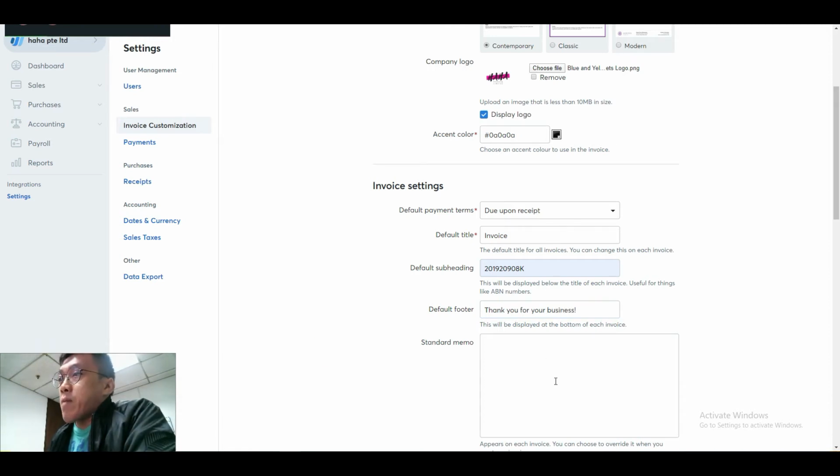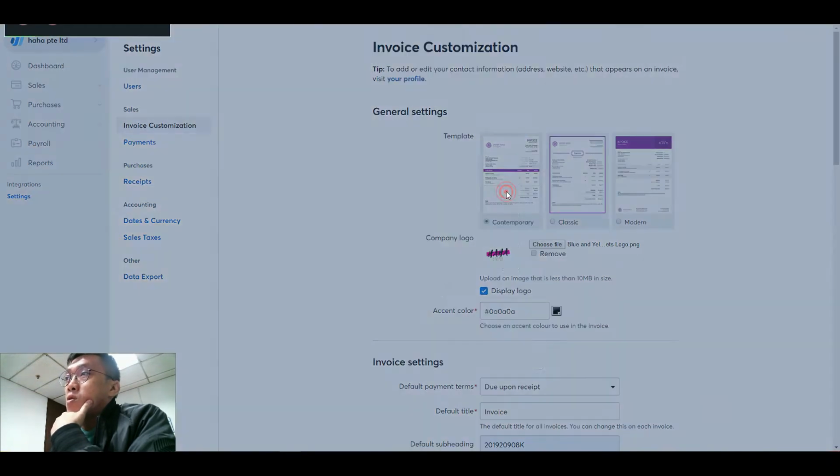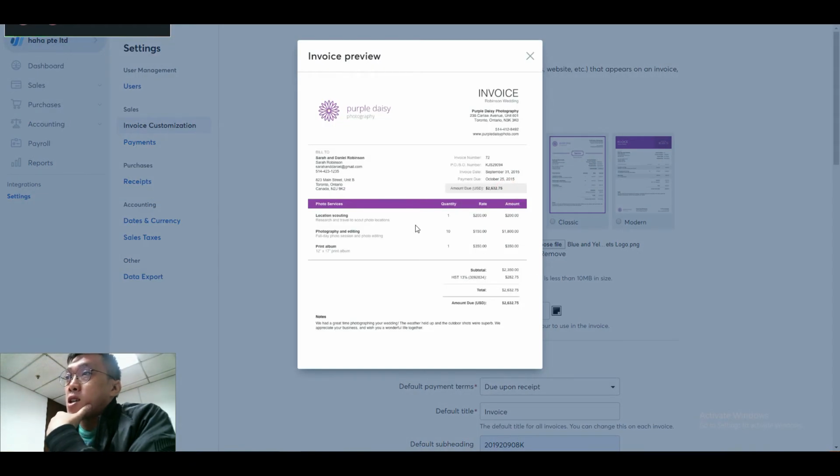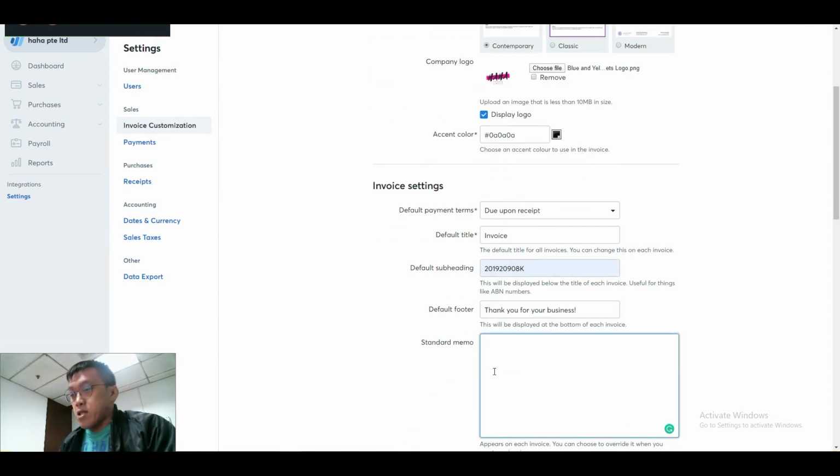Okay, this standard memo is probably the more important part. All right, appears on each invoice. You can choose to override it when you create invoice. Right. So what do I put here? All right. Typically, I will input the payment terms. So once you send the invoice to your customer, right, they will actually see it here. So they will know what items you are billing them for, and over here I will put something like, you can put things like, for example, you can input